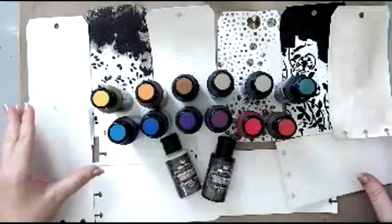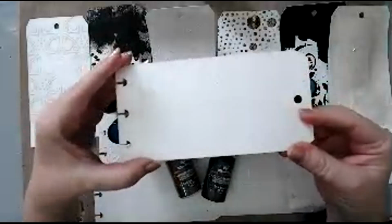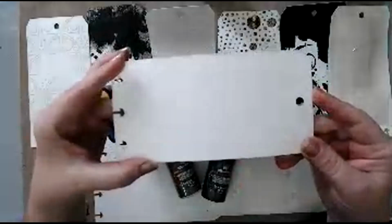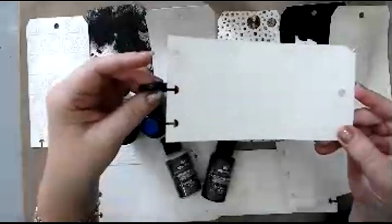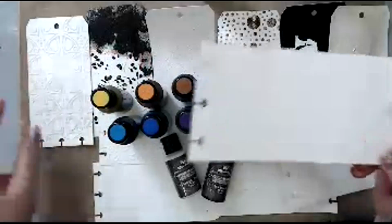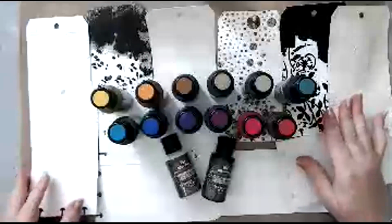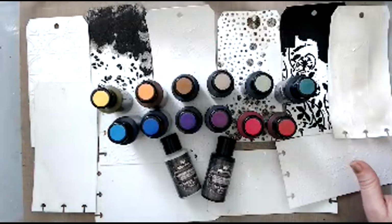Now, I took the same tag. This is a 140 Strathmore watercolor paper tag from the Joggles Art Journal, and I'm going to bind it later on like I usually do with the discs, so it's a disc-bound journal. And I applied many different mediums from Finn. I applied it onto the